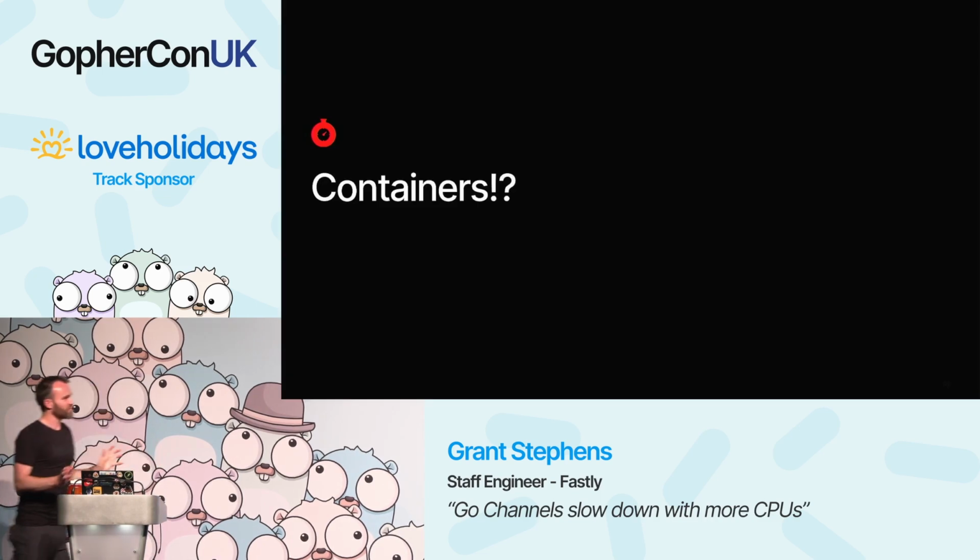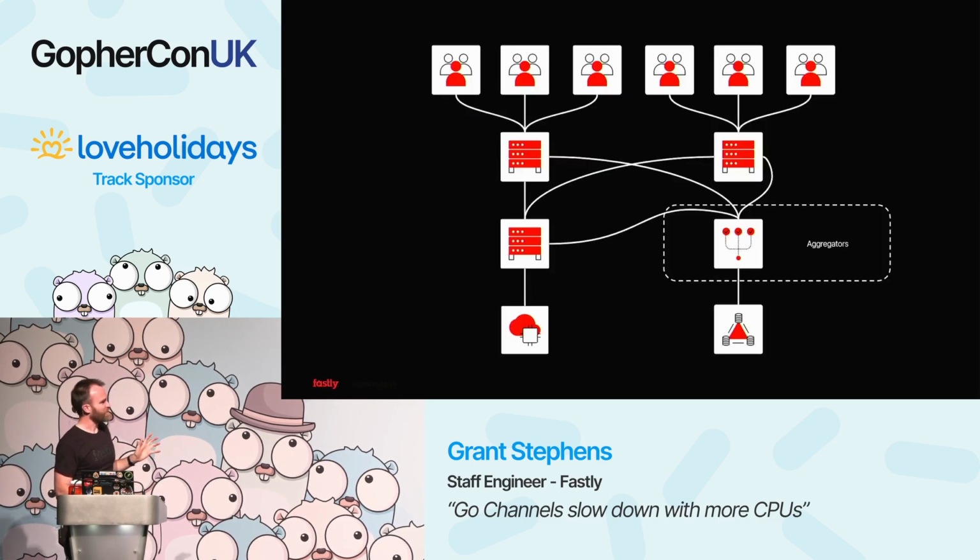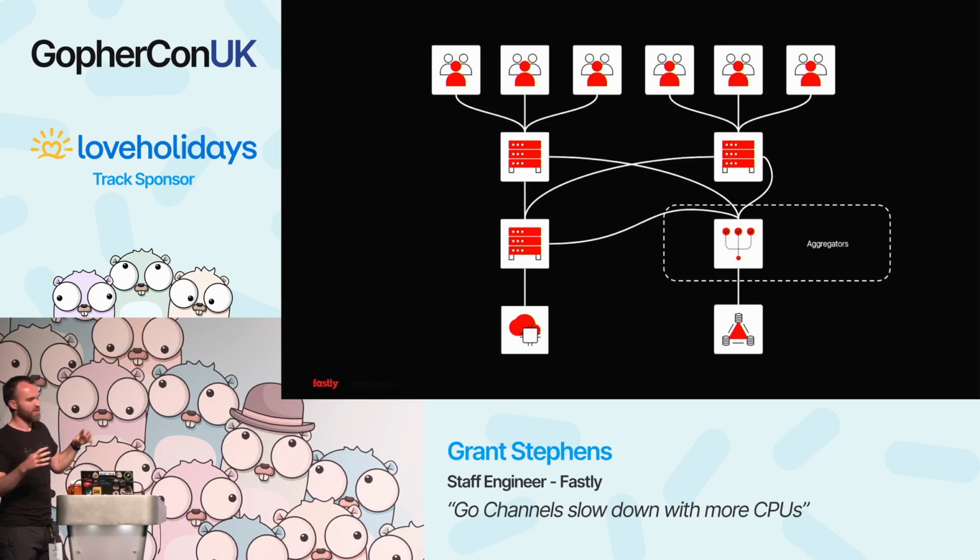Then by now, a lot of you must be screaming out containers. Why isn't this just multiple workloads of the same thing, so you can use up all your CPUs? And that's a fair point. There are, however, a couple of things to consider in this specific use case, and containers might work for you, in that we have those 5,000 edge cache nodes. Each of those makes a connection to one of the aggregators. Now, if we were running 8 aggregators on each aggregator node, suddenly all 5,000 servers need to be making 8 times the number of connections outwards. And so you have a lot of connections going around all of a sudden.